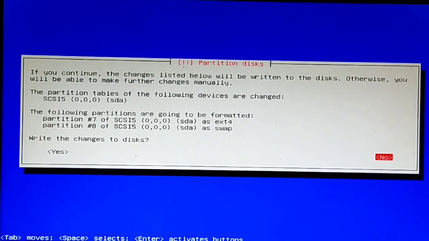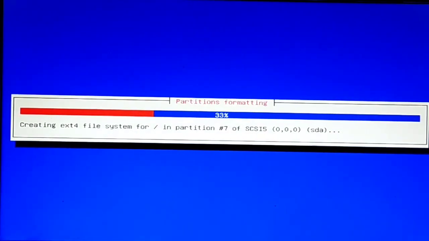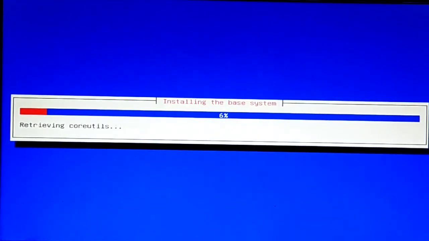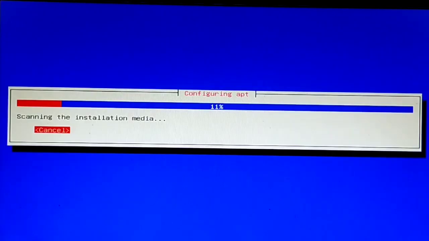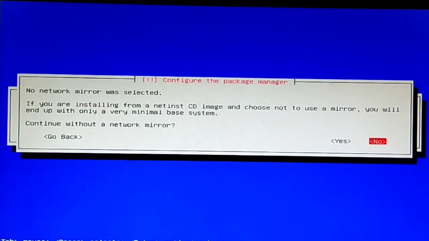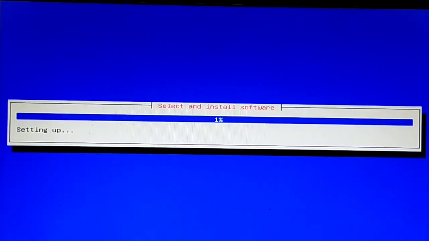Press enter. Now go to yes and press enter. So our installation process is going on, and I kindly request you guys, please keep patience. It takes approximately 1 hour. For no network mirror was selected, select yes and press enter.